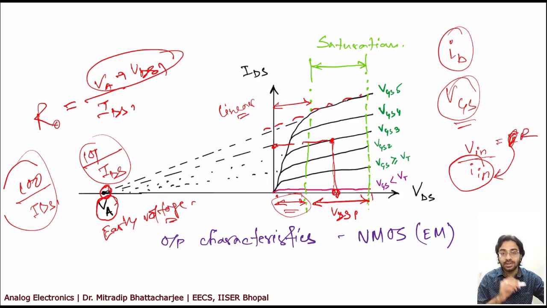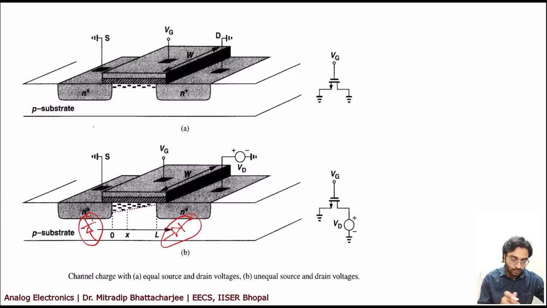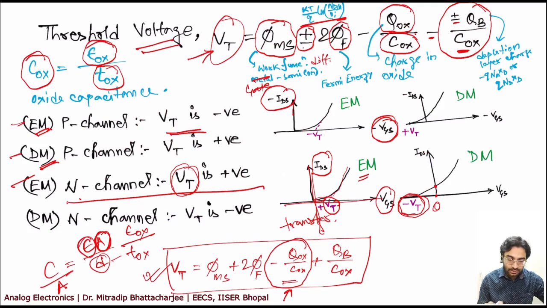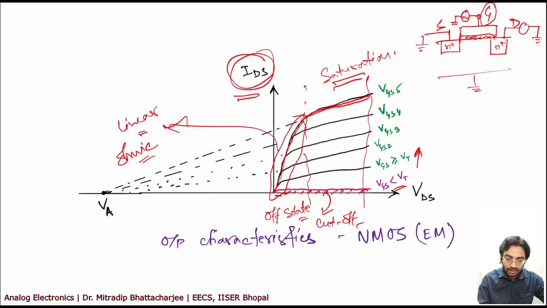However, in this case, what is the current? If you look at the device again, here there is an oxide. I think I have drawn it somewhere. Here it is an oxide, right? So if it is an oxide, how much current will flow? It's a high resistance, so your current is very low. So your input resistance will be much higher compared to BJTs.